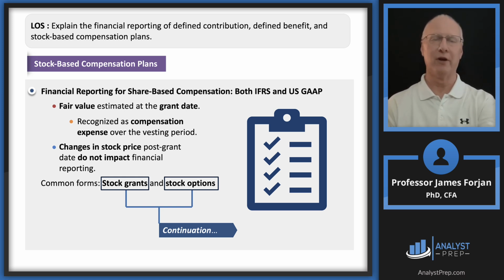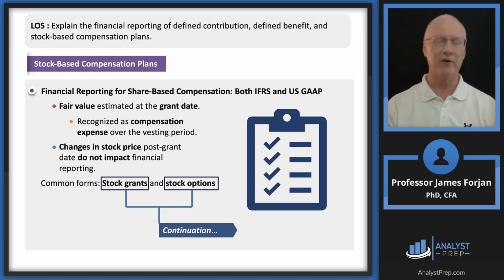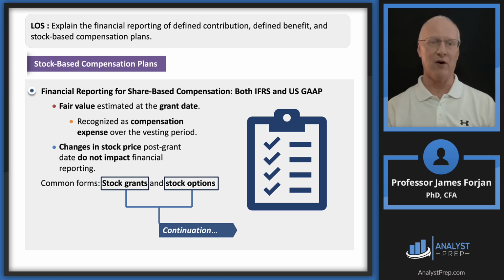All right, what did I say earlier? If you hand me a share of stock that is currently trading on the New York Stock Exchange for $100, you need to report that on the financial statements as being worth $100. So as you know from previous learning modules, the Institute refers to this as the fair value, and it has to be on the grant date. And that's going to show up on the income statement as an expense. And we'll talk a little bit about that as we go through the next couple of slides.